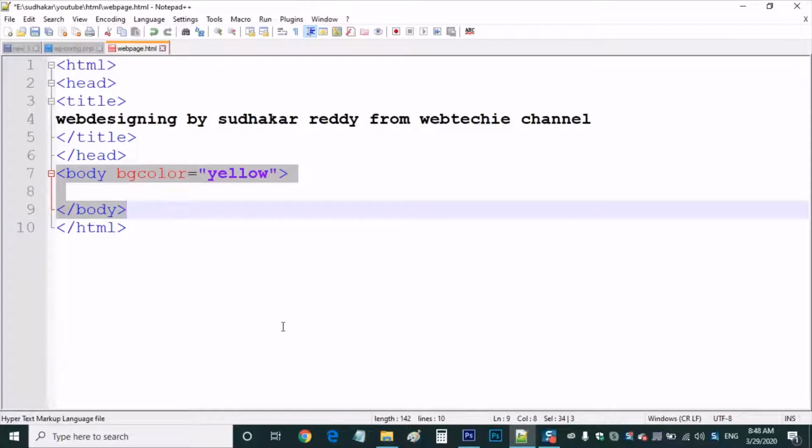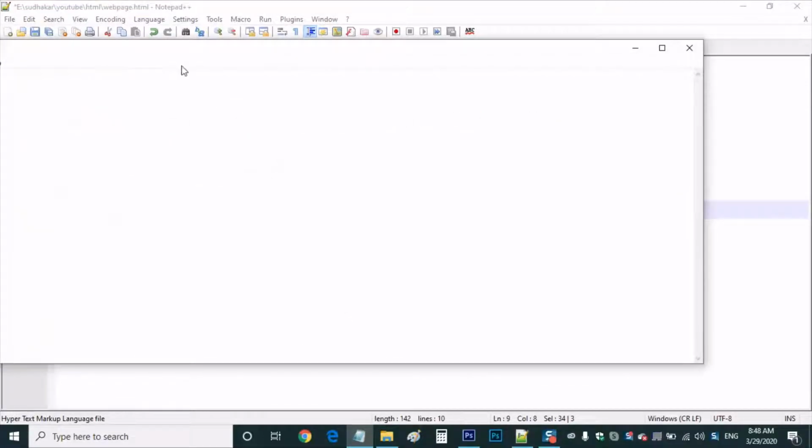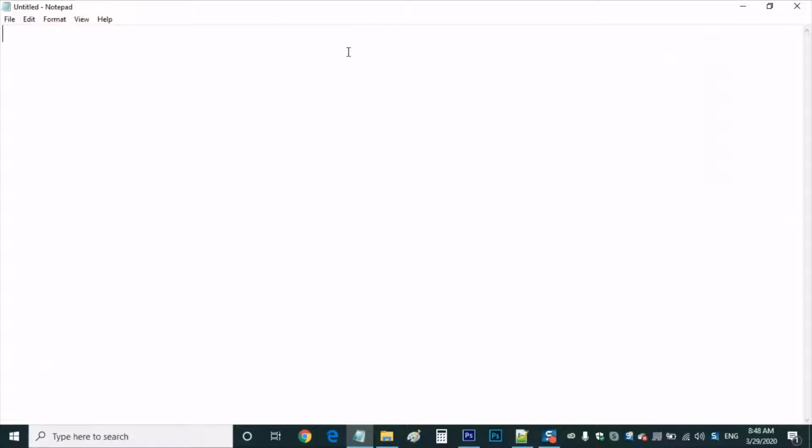So friends, there are different types of tags. I'm going to explain one more tag, the H1 tag. H stands for heading, and H1 is opened and closed here. Like that we have different types of headers.